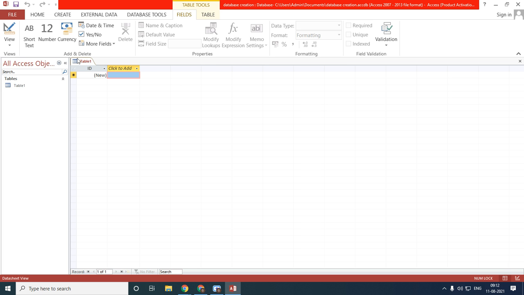Next, after creating, it will show here in this section. This is my table 1. If I create a query, again it will show the query. If I give a name for this table, it will show the name of that table. So that area is called the object tabs, which I created. That will be visible for us here. That is called object tabs. So these are the different parts of your Microsoft Access.